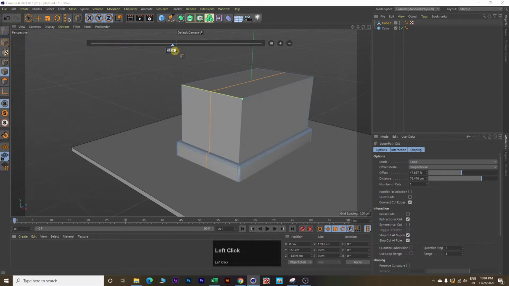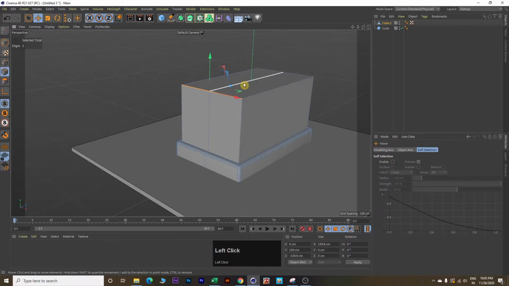Then click on this value and type 50. By typing 50, we will ensure that we are making the cut right on the center of this edge over here. Next, click E on your keyboard, select this edge and move it upward.